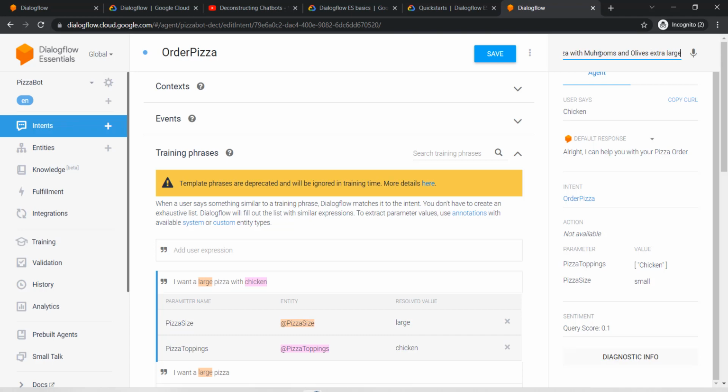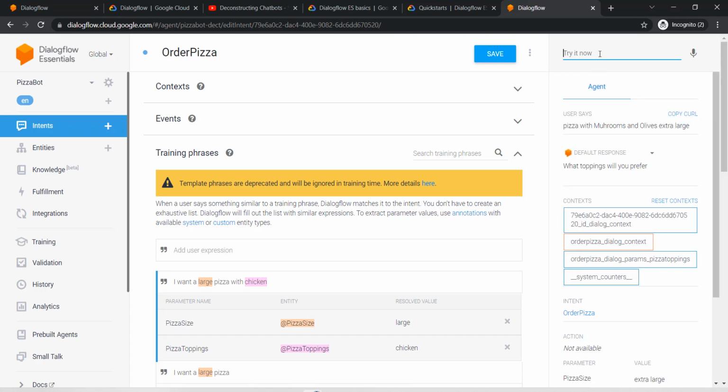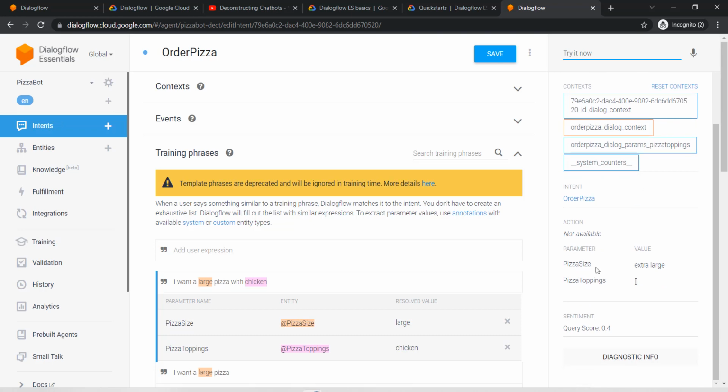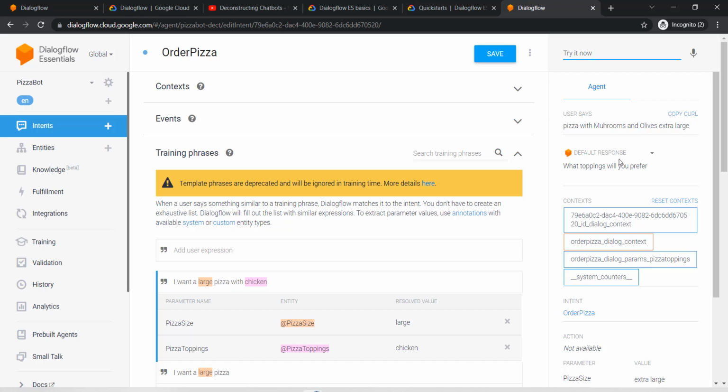Extra large. Now if you look at this sentence, let's see if it gets recognized, because there is a lot of jumbled information in here. And let's see what happens. Now it's asking me what toppings would you prefer, even though we have given mushrooms as a topping, right? So it recognized the intent as order, it recognized the size as extra large, but still it did not recognize the topping